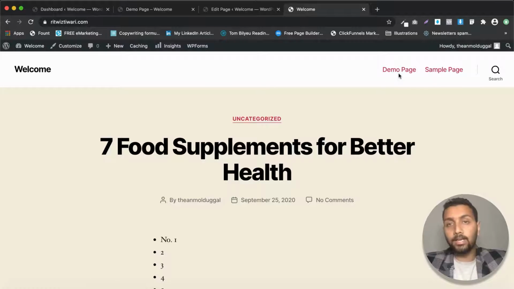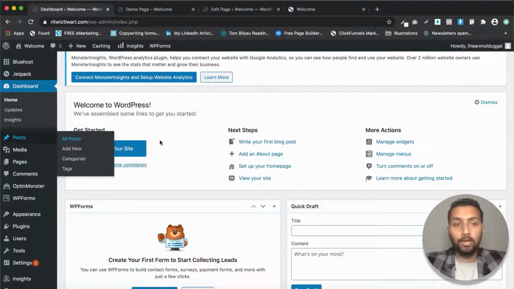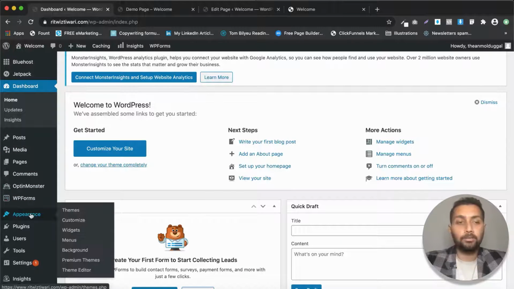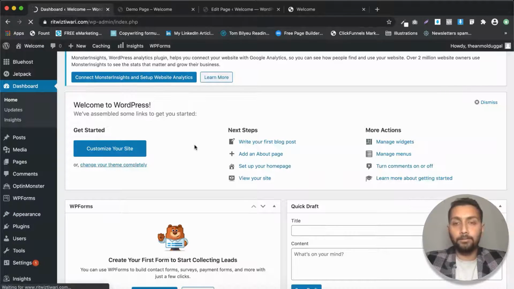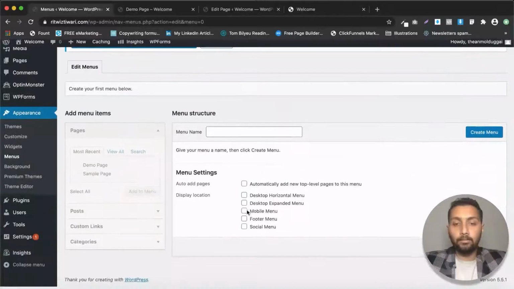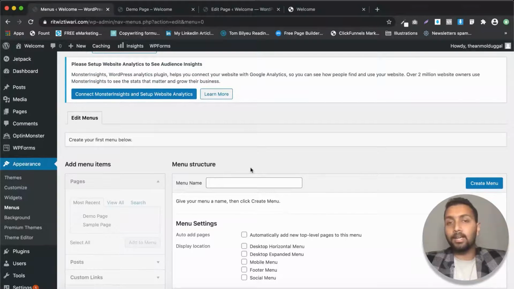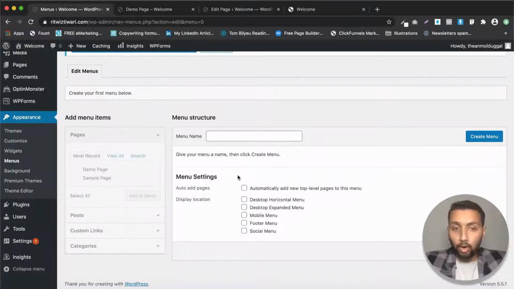This is an option selected by WordPress, but it's not always the case. Okay, so just let me show you what actually happened, so that you don't get confused that I am saying something else, but something else is happening. So let me go to the appearance tab, and just go to the menus part. There is an option, it might have been selected, that automatically adds new pages to this menu. This option is selected by default in WordPress, because right now you can see that there is no menu, so automatically the pages are getting added.